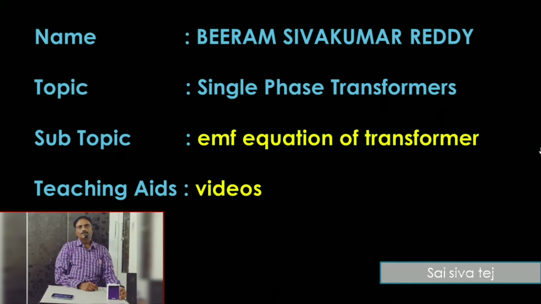Let me state the second law of Faraday's laws of electromagnetic induction. Faraday's second law states that the EMF induced is equal to the rate of change of flux linkages. If it is written in the equation form, we get E is equal to minus N into d phi by dt, where N into d phi is the flux linkages, and when it is represented with respect to time dt, it is known as the rate of change of flux linkages, N into d phi by dt.